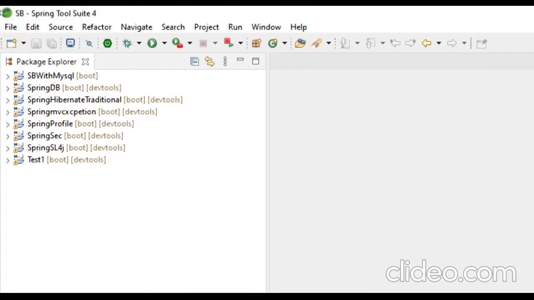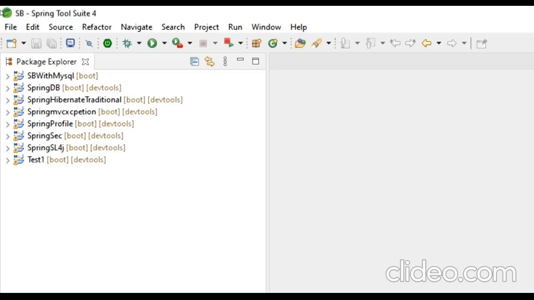JPA is actually like a converting tool. It is converting our Java object to the database object, and converting the database object to the Java object. Whenever you want to save a Java object into the database, you need to have JPA.